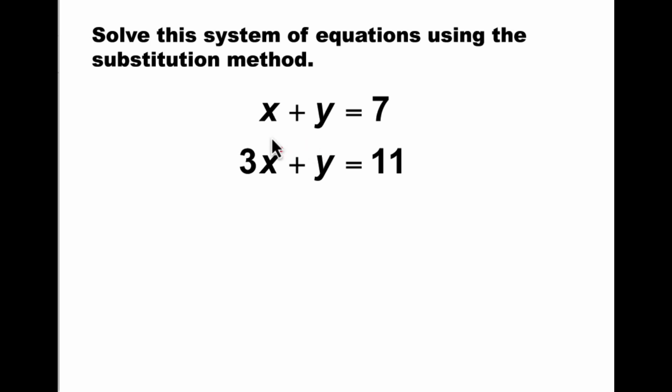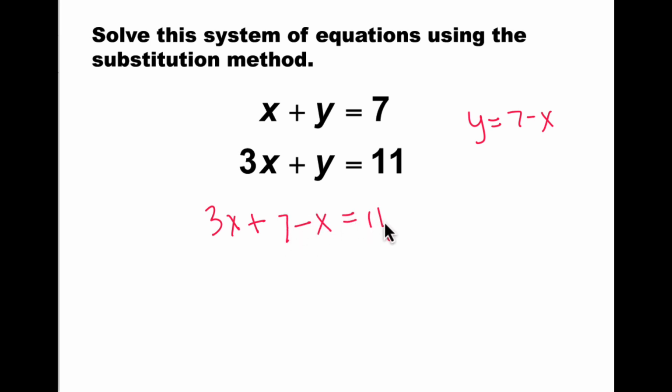In this equation, both x and y have a coefficient of 1. So let's solve for y. We get y equals 7 minus x. Substitute this expression for y into this equation. So we get 3x plus, and instead of y, we write 7 minus x